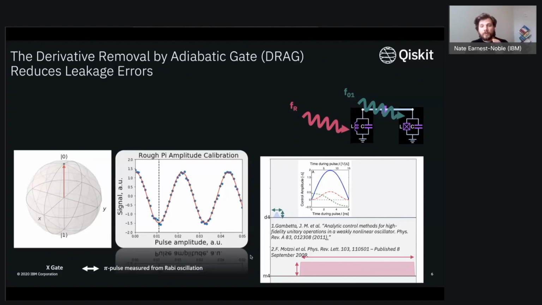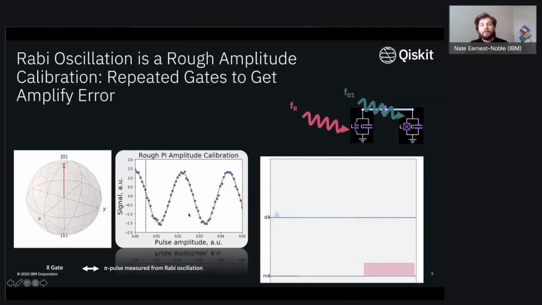Earlier I mentioned that this Rabi oscillation is a rough calibration. What do I mean by rough calibration? It means I've calibrated the amplitude that will get me to rotate from 0 to 1, but most likely it's going to be off by some amount. To help reveal this, for the sake of argument, we're going to move to this pi/2 regime. To do that, we just say there's a linear scaling here. To get from pi to pi/2, I take the amplitude that I had at pi and cut it in half.